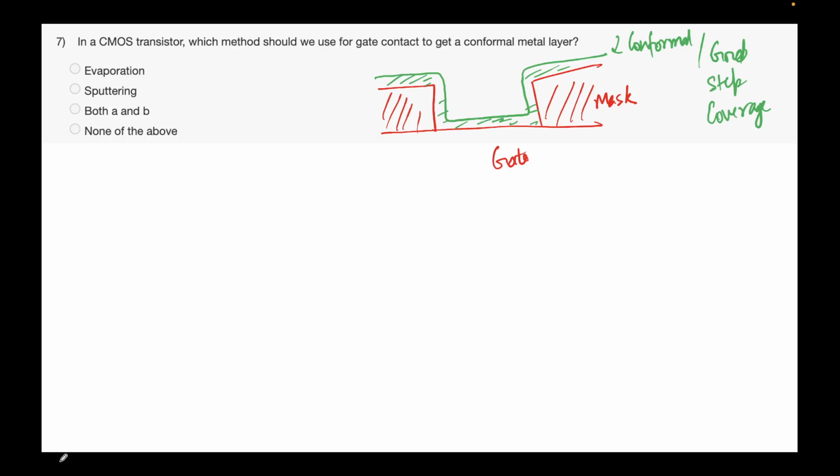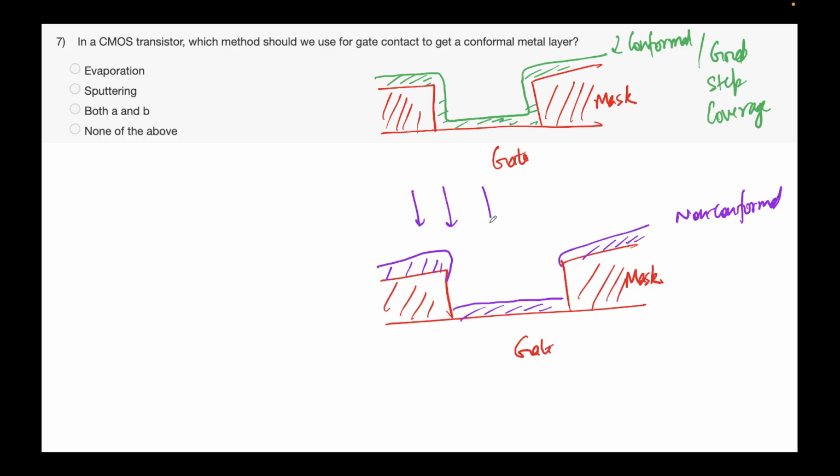This is non-conformal. It's not following the surface. As I told you, evaporation and sputtering are what are known as physical vapor deposition. They are line of sight. This means the metal species are coming from over here. So non-conformal, or what we call the poor